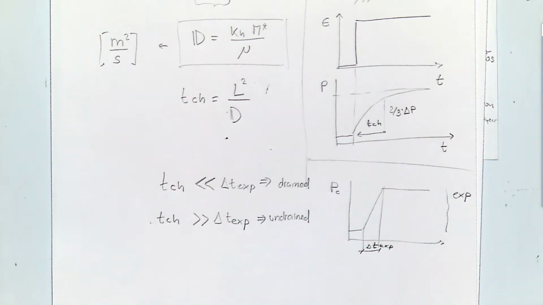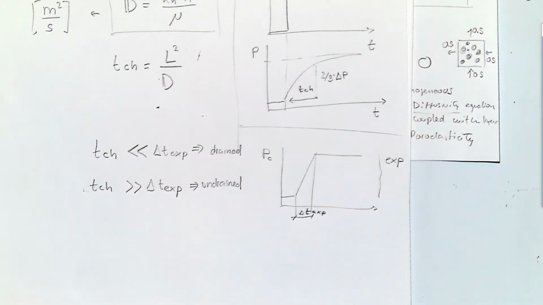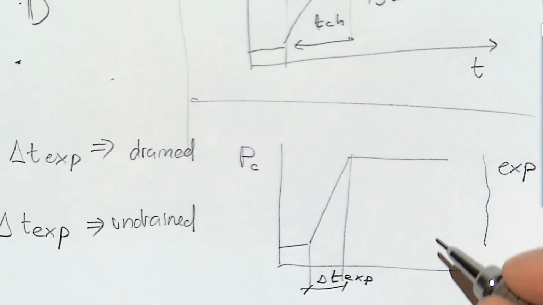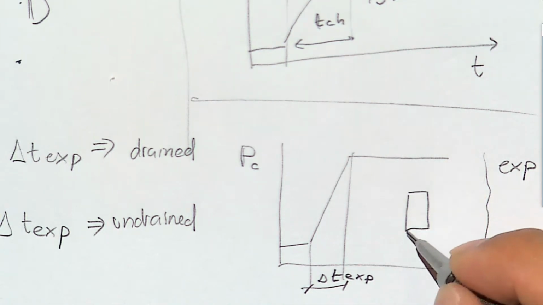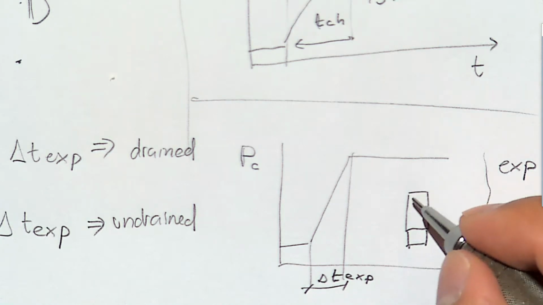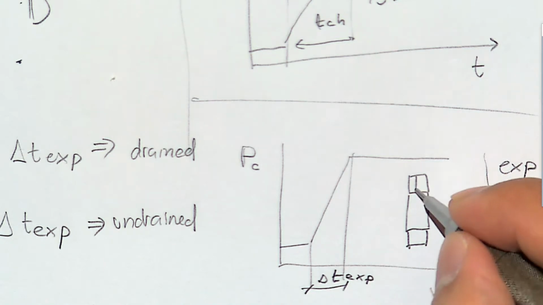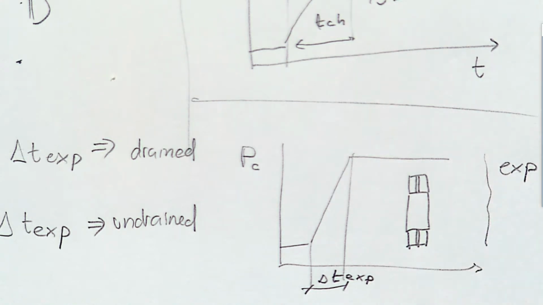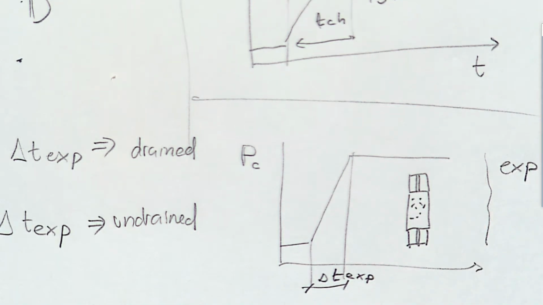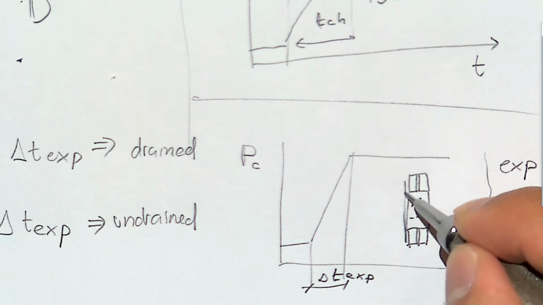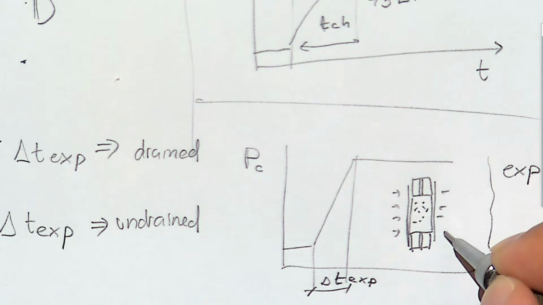And particularly in the experiment that you have to answer this question about, this is what was happening. You had a sample. The sample was in between these end caps. The end caps have holes that allow the pore pressure to dissipate. And as loading is applied, so this is the membrane, as loading is applied in all directions,